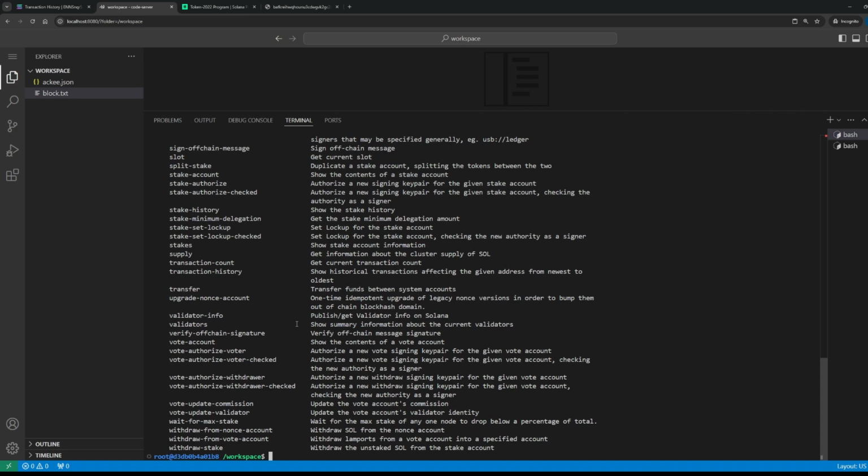Also, I think there are commands for deploying programs, but this will be described later in the course. So yeah, from my point of view, this is all from the hands-on example, and we can move to the slides again.